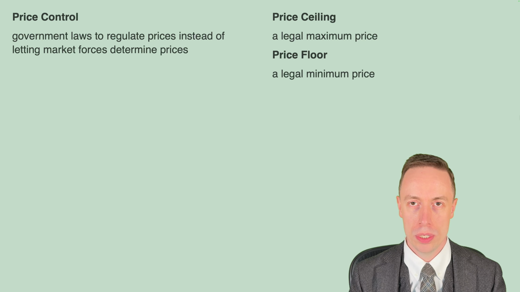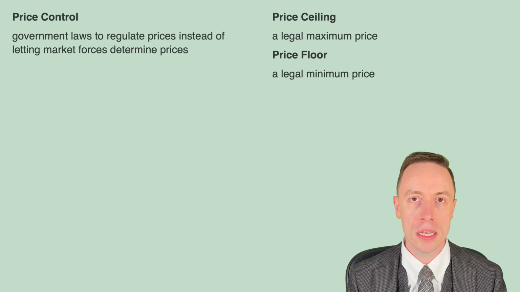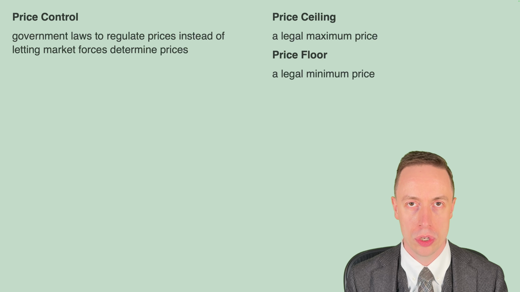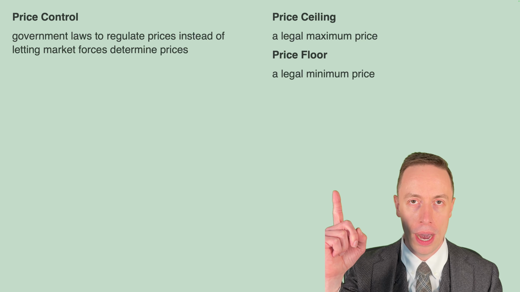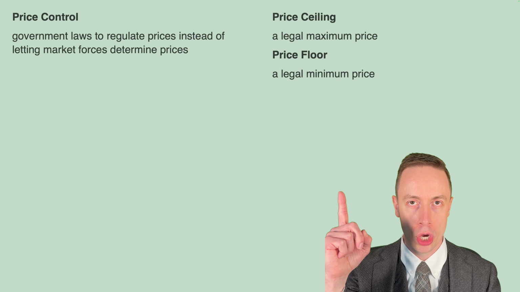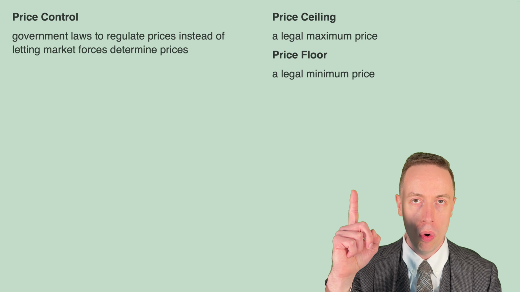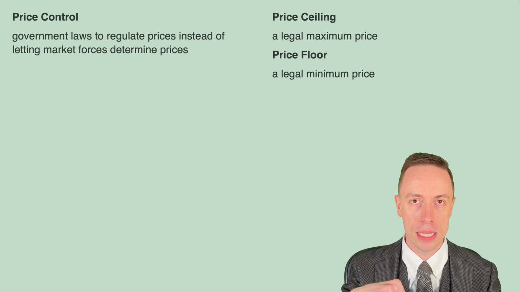In this module, we are talking about price controls, which refers to situations where the government puts limits on prices rather than letting the market adjust freely. The two most common types of price controls are price ceilings and price floors, referring to the idea of a maximum higher than which the price isn't allowed to go, a ceiling, or a minimum that's the least you can